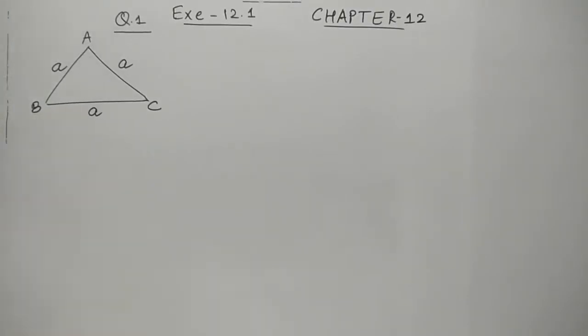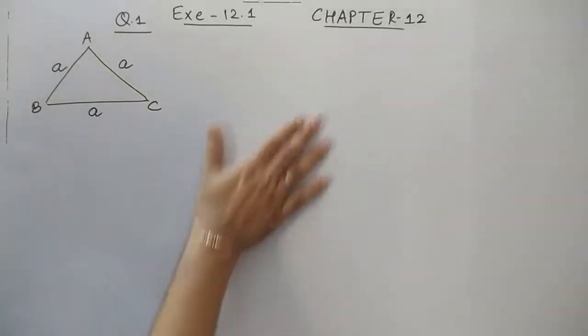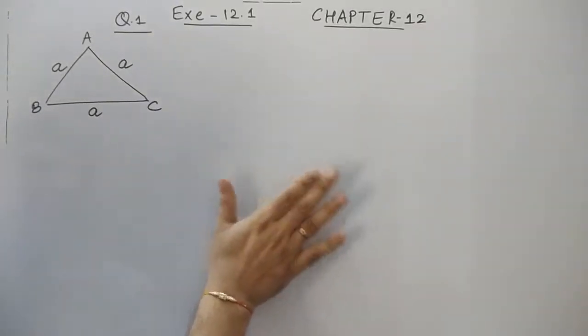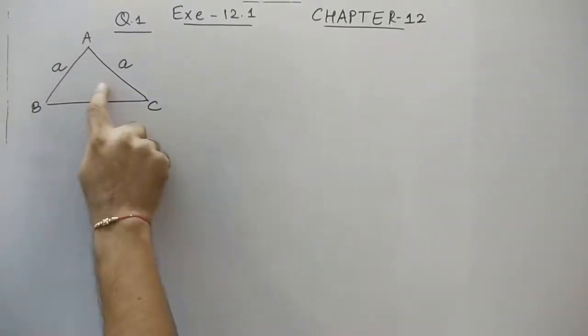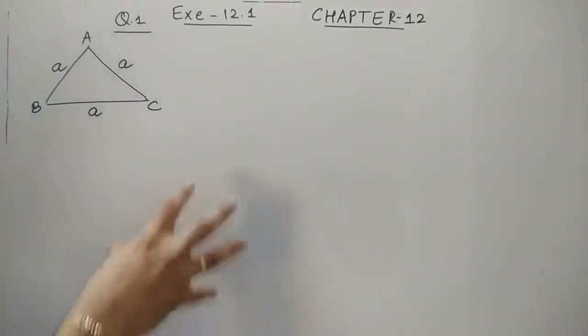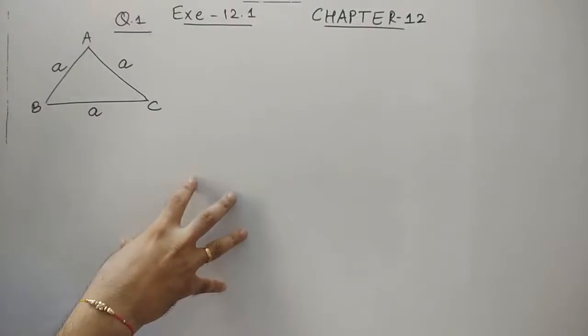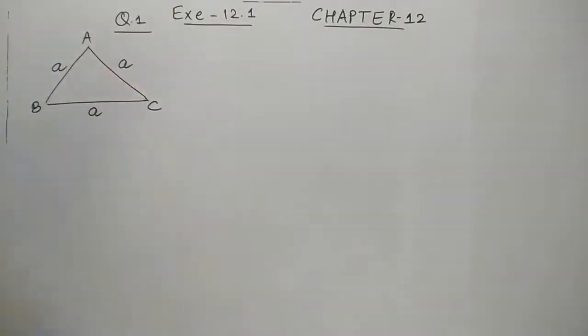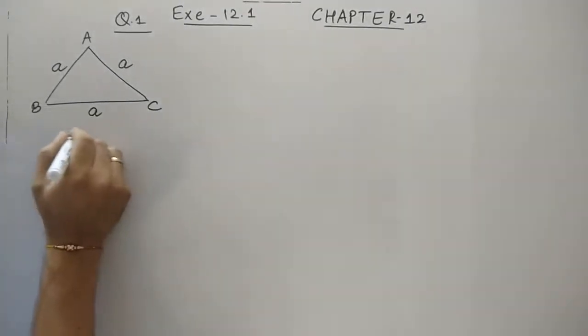This is one. Another question: if the perimeter is 180, then what will be the area of the signboard? So students, remember here we are going to derive one formula for area of an equilateral triangle in Heron's formula. हम यहाँ पे एक formula derive कर रहे हैं Heron's formula की, but if it is an equilateral triangle. According to Heron's formula, first we require to find out the semi perimeter.